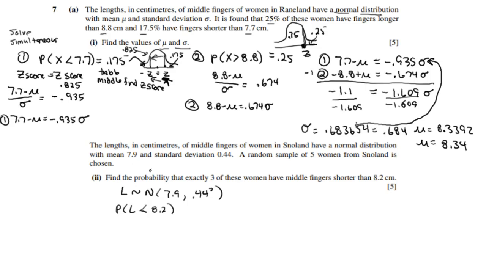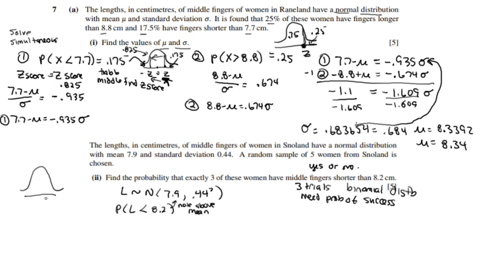That's a probability. But if I've got these trials, and it's a binomial distribution, what I need is a probability of success. And so that's what they want me to do with this normal distribution, is figure out the probability of success. And so it's above the mean. So that's actually going to be pretty easy because it's going to work the way my table works, everything to the left. So when I subtract 8.2 minus 7.9 and divide it by 0.44, I get a z-score of 0.6818,